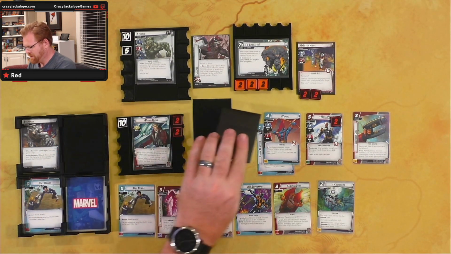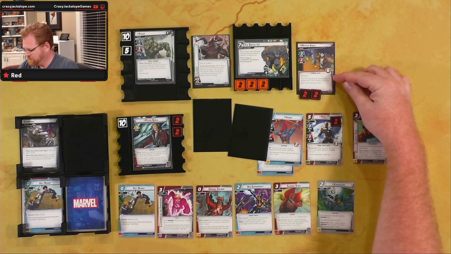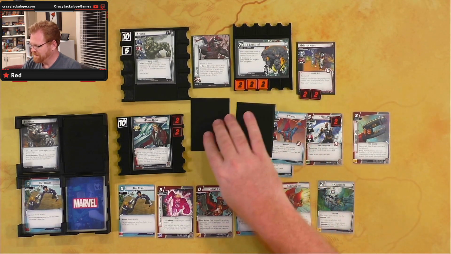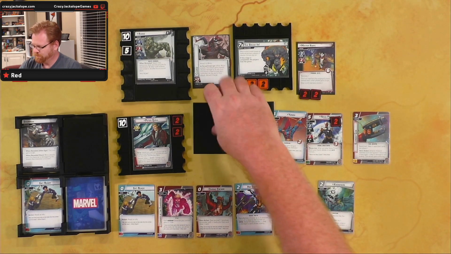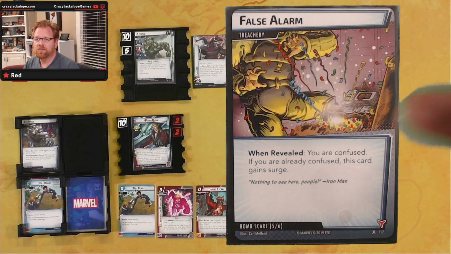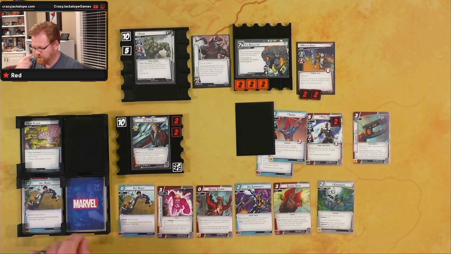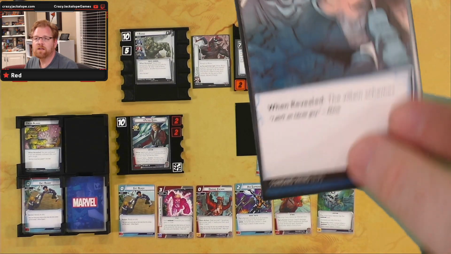All right, we're going to draw a counter card. All right, so we got to remember that Mr. Knife's thing is in play here. It says the first treachery the engaged player reveals each villain phase gains surge. So let's see what our first one is. We get a false alarm, and this is going to surge. So I am confused. All right, so let's drop a little confuse on me. A little confuse action. All right, and that card is going to surge into another one, and we get a,